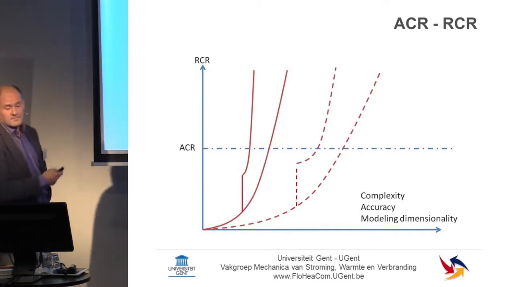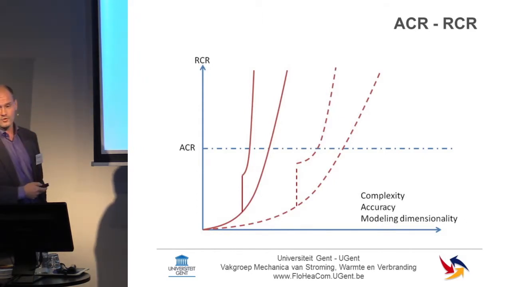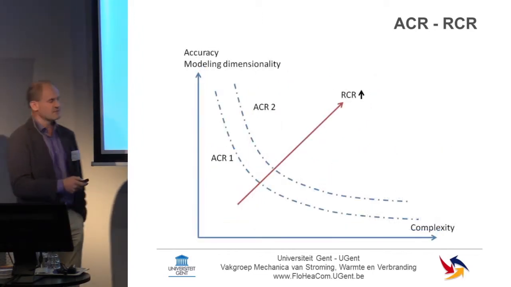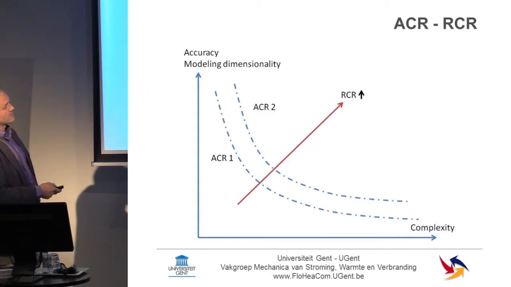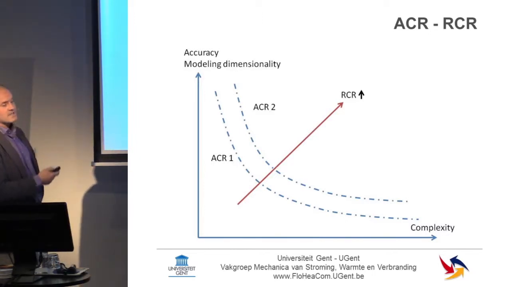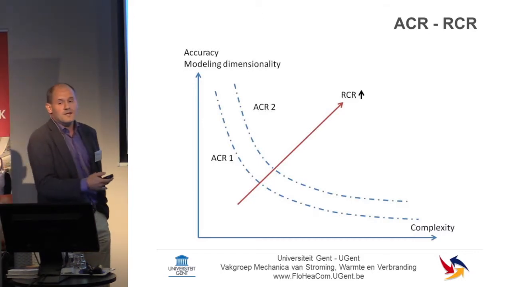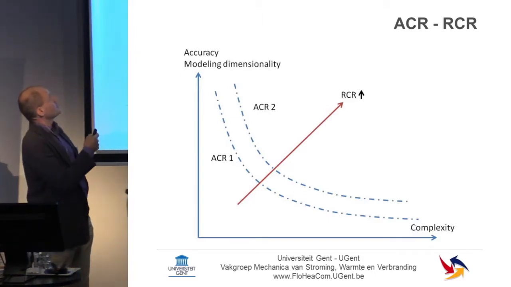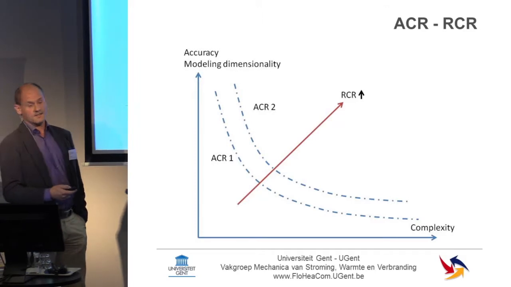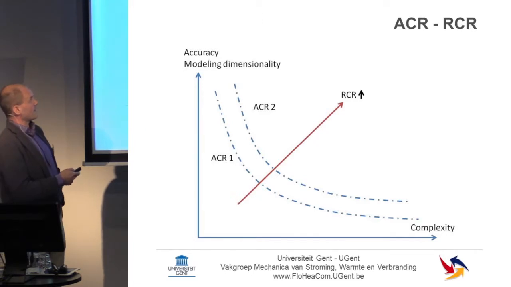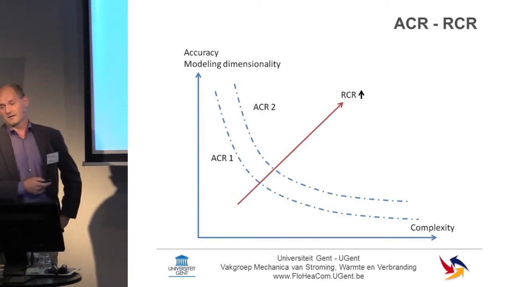Now, the question is, are we sure that at a certain point in time, the available computer power is sufficient in order to consider the problem that we would like to solve? Now, a different way of depicting things, I'm not going to dwell on this too long, is, for instance, if you have complexity on one axis and accuracy and modeling dimensionality on the other axis, you will see that somewhere you'll have to take a decision, decide between complexity, geometry, and scenario, on the one hand, and what you can invest in accuracy and in modeling dimensionality. So somewhere there's a trade-off, a decision that you need to make in your calculations.